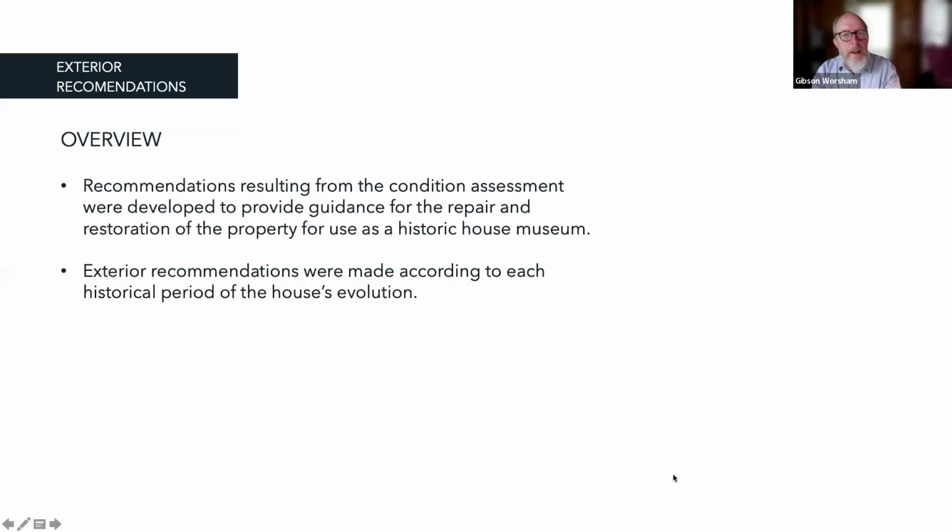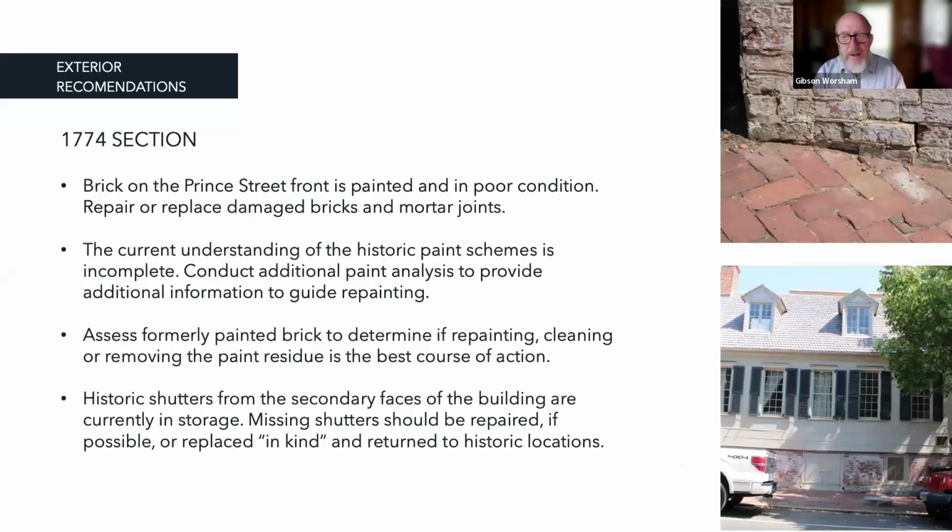So our exterior recommendations for the building basically result from a condition assessment, and were developed to provide guidance to the city for this repair and restoration, particularly for the purposes intended of being a historic house museum. And we are making recommendations according to the historical period of each section of the house, as it's developed over time. The 1774 section